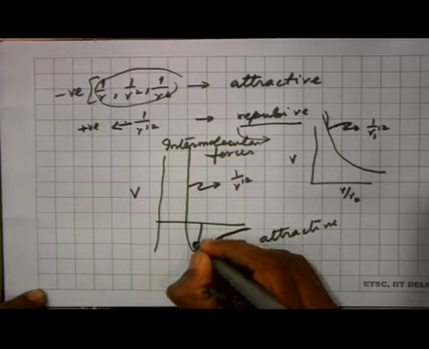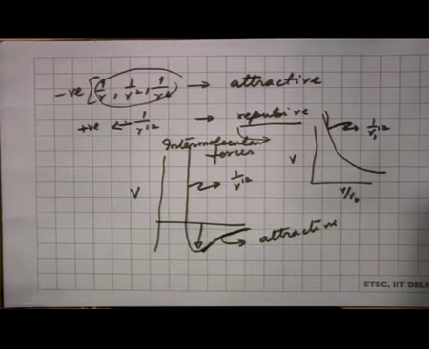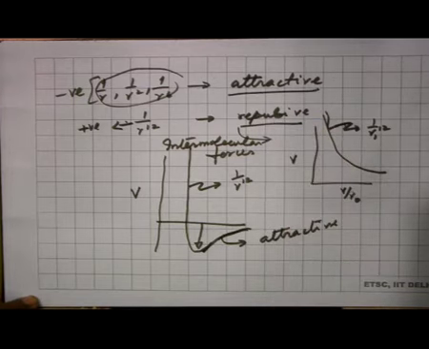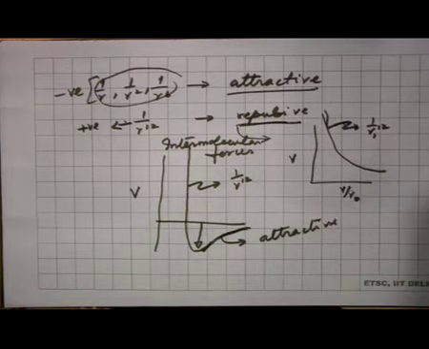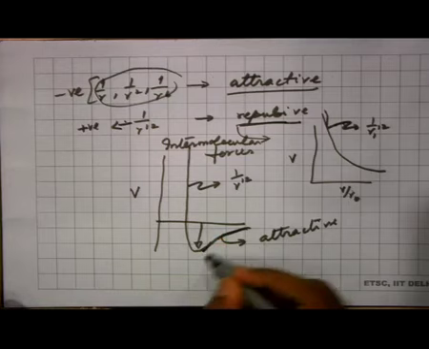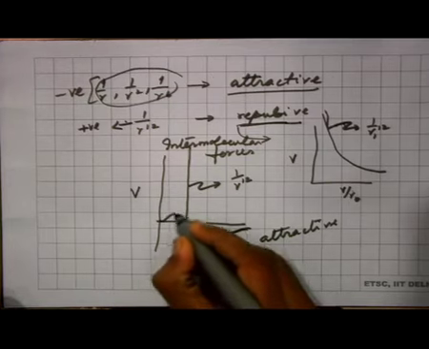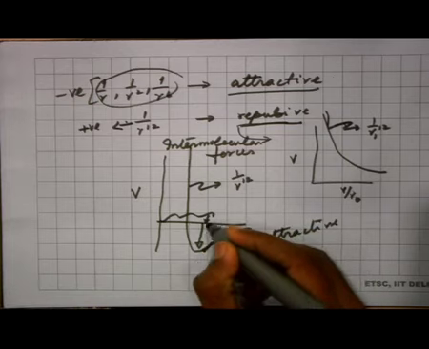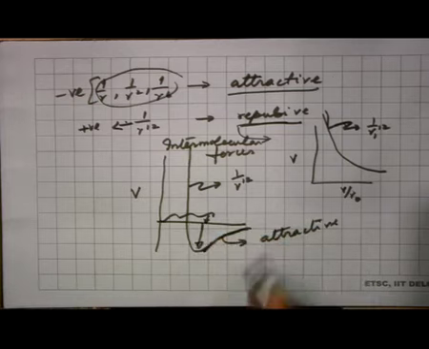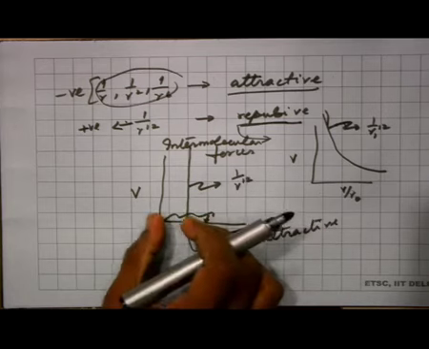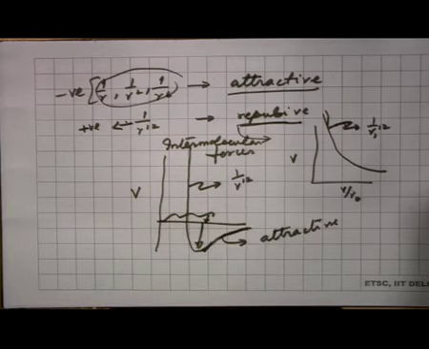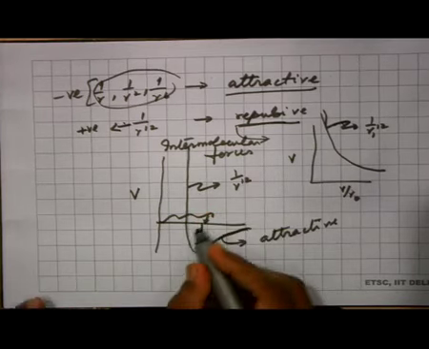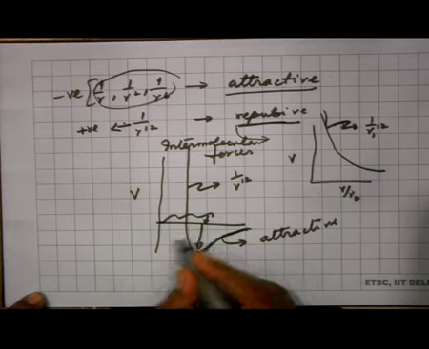So, this well depth will be determined by the size of the attractive and the size of the repulsive terms. So, this well depth and this position here, this equilibrium distance. There are two things that affect it. So, there is this well depth and this distance, and we already said that this well depth will affect the